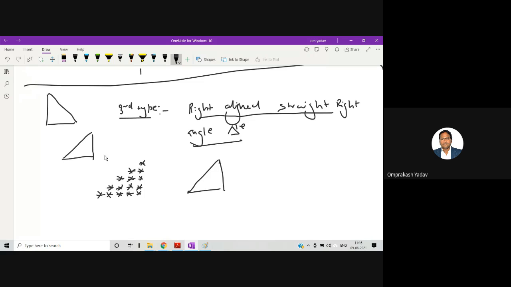Now one thing is very obvious, right? That this space is what? Blank space. And this triangle is like this.